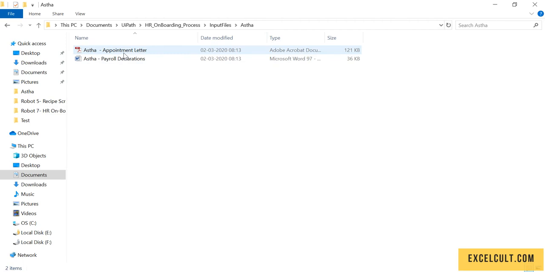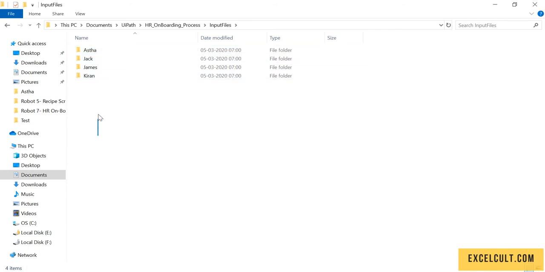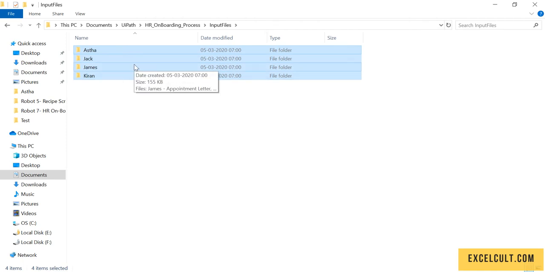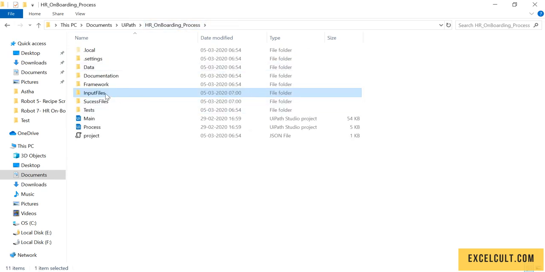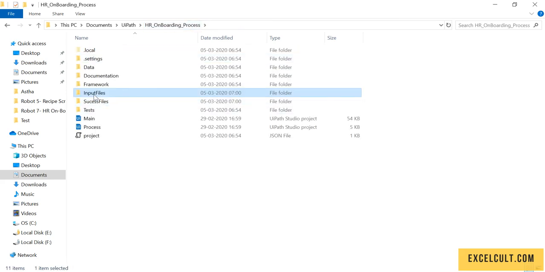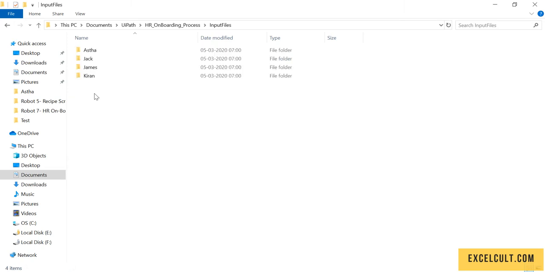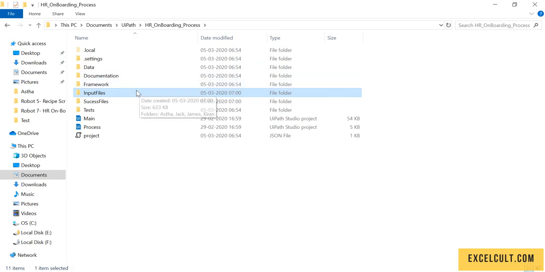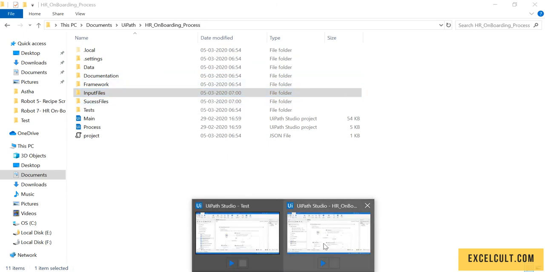It will have an appointment letter, which is a PDF file, and a payroll details file, which is a document file. The first thing that we have to do is get all the folder names and their paths so that we can process each individual employee onboarding process. To do that, we have to get the folders available in this particular input files, which actually contains the individual folders of employees. To do that, we'll go back to our code here and